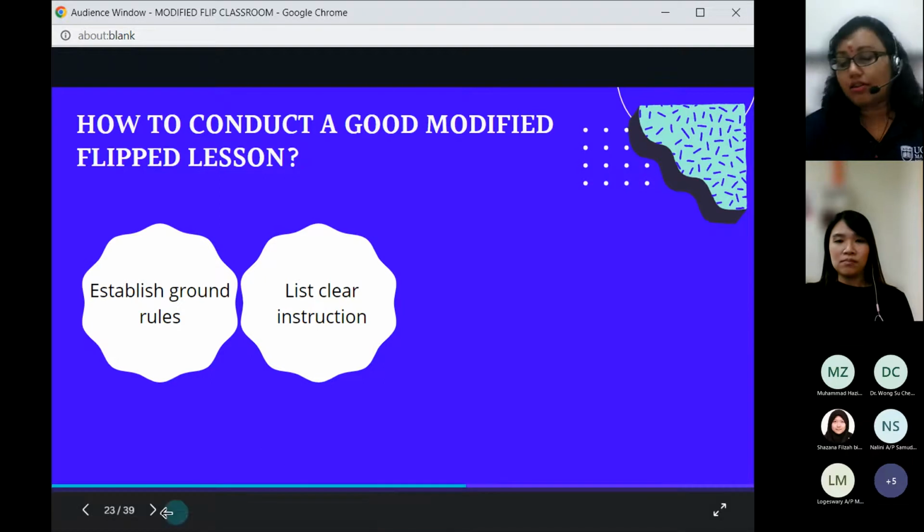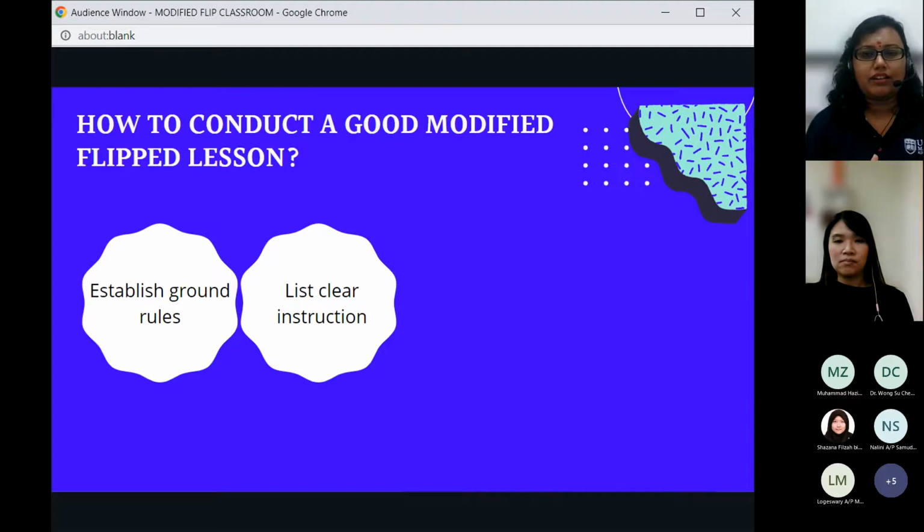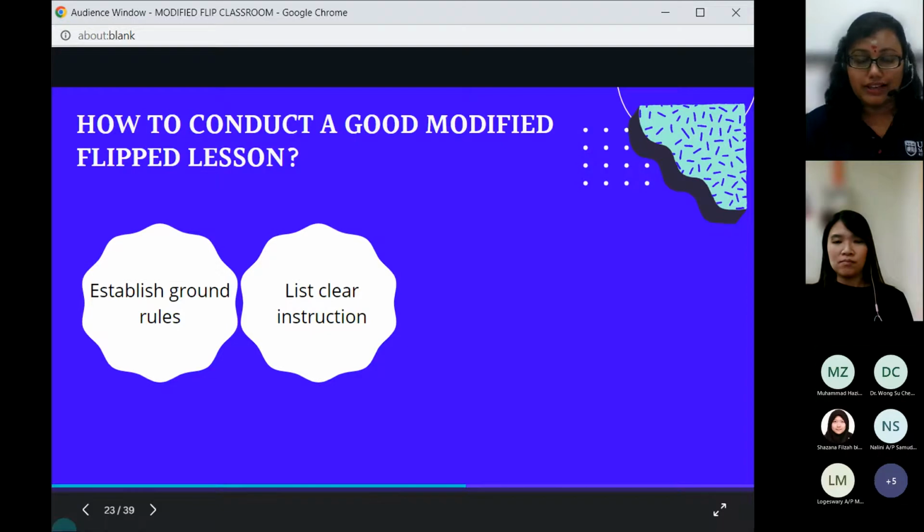Later on, they will get used to it. Perhaps the first 2 or 3 times, they will feel like, what am I supposed to do? Where am I supposed to upload? But eventually, they know, okay, this course, this subject, this is what I'm supposed to do. By end of the week, I have to submit a reflection report. By end of the week, I have to complete all these assessments. Again, first few weeks, it's going to be difficult. You need to remind them of the rules again and again and again. Eventually, I guess they will get it.